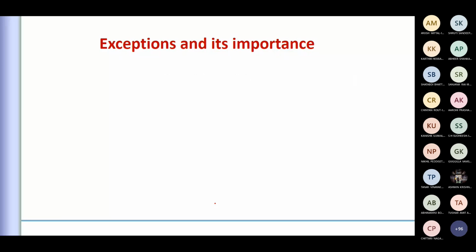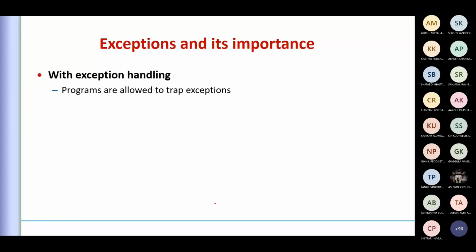With exception handling, we can trap exceptions, as I told. So I can identify where I can get the errors. For that you should know the possible ways of getting the errors. So you can trap that and provide proper messages and a proper way of executing.